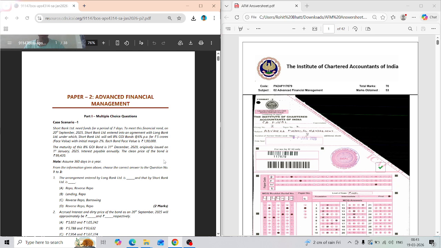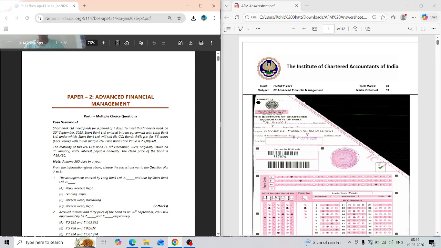I am Rohit Bhatt and I have secured rank 12 in the CA Final examinations of January 2026, and I have also secured all India rank 22 in the CA Intermediate exams held in December 2021. So here I am to show you my certified copies, and I will be starting with the Advanced Financial Management certified copy analysis, where I have secured